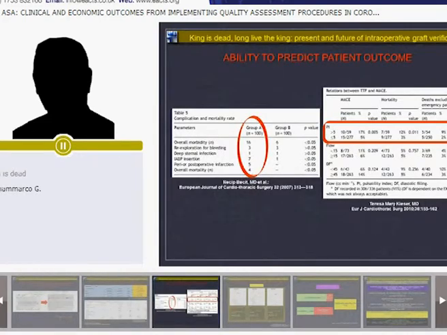There are two main papers in literature. One of these is published by a Turkish colleague, Nasip Besit, who divided two groups of patients. One group submitted to intraoperative graft measurement and the other one not. And he was able to show that there's a significant difference in overall morbidity. There's a significant difference in the use of counterpulsation. There is a significant difference in the evidence of perioperative myocardial infarction, and above all,